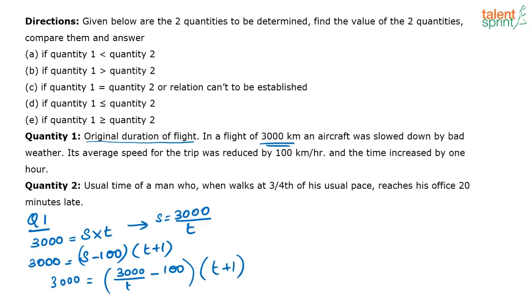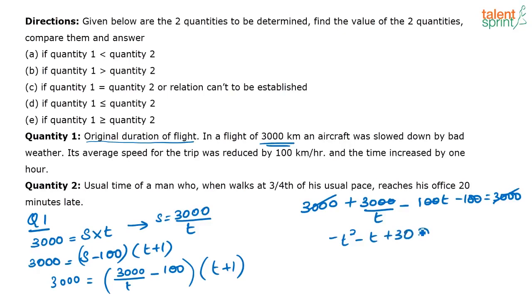You will get, I am just writing the right hand side here, 3000 plus 3000 by t minus 100t minus 100, that is equal to 3000. So on the right, on this side you have 3000, I just took it there. You can cancel these two directly. So again you have 100 common everywhere, correct? Cancel those hundreds. So you are left with t squared minus t plus 30 is equal to 0, or I can say t squared plus t minus 30